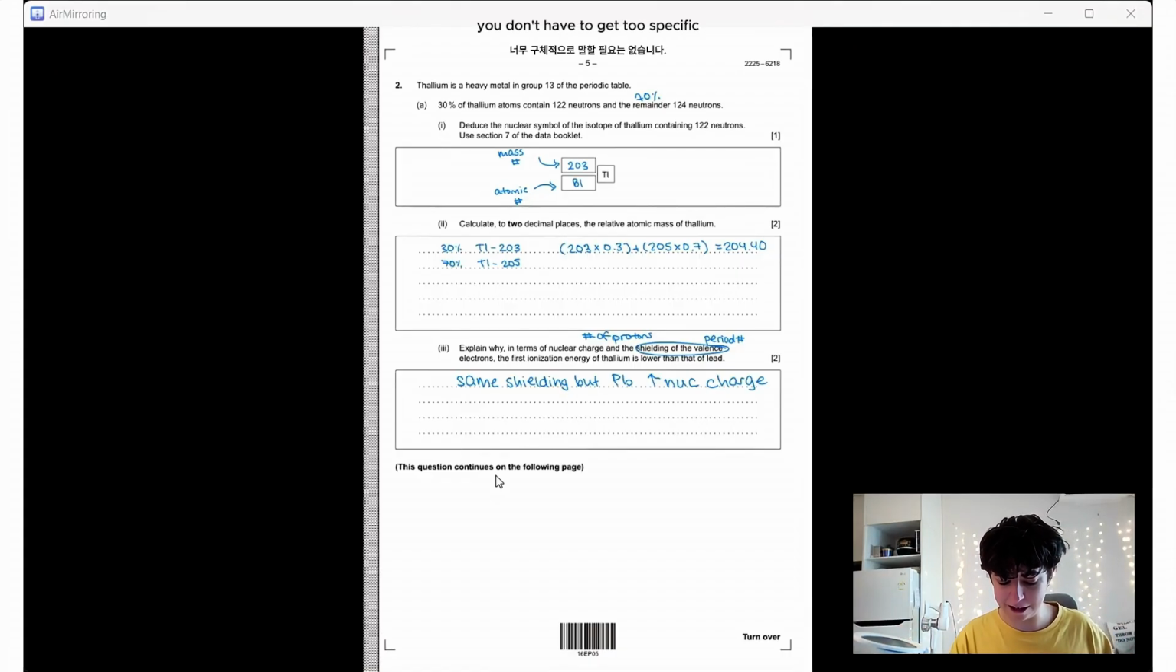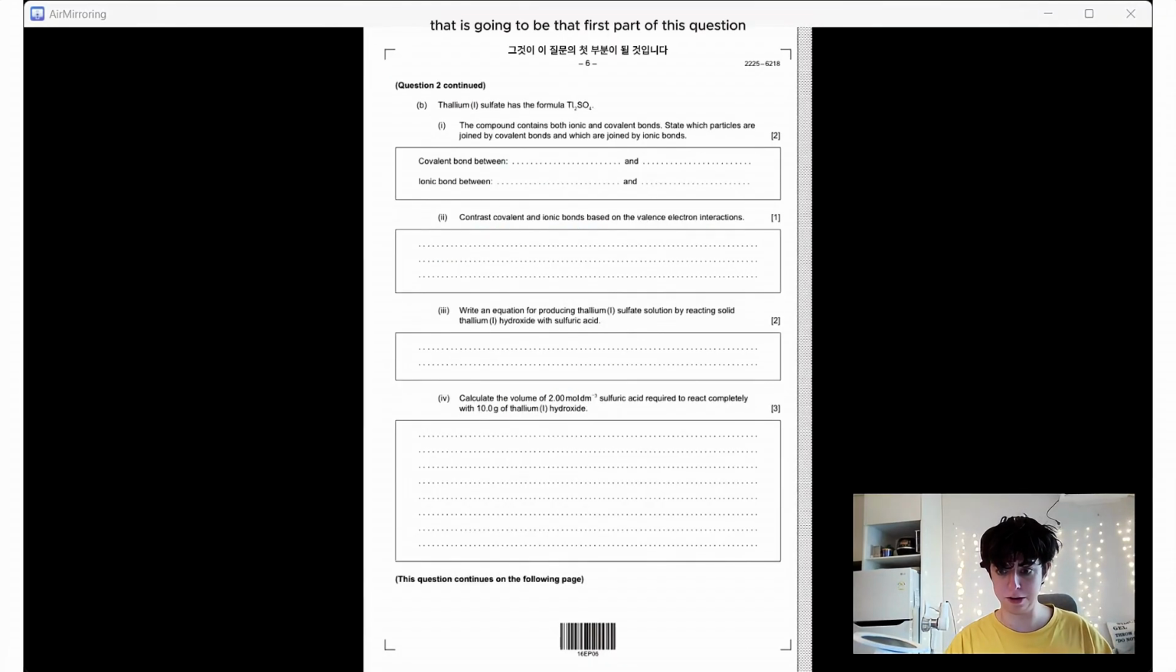You don't have to get too specific, from what I'm aware of, in terms of how that nuclear charge, in terms of the theory, affects the ionization energy. Okay, like you don't have to really go too deep into it, so you don't have to put as much detail here. Okay, and so that is going to be that first part of this question. Cool. So this part B of this question 2 is that thallium sulfate has the formula of